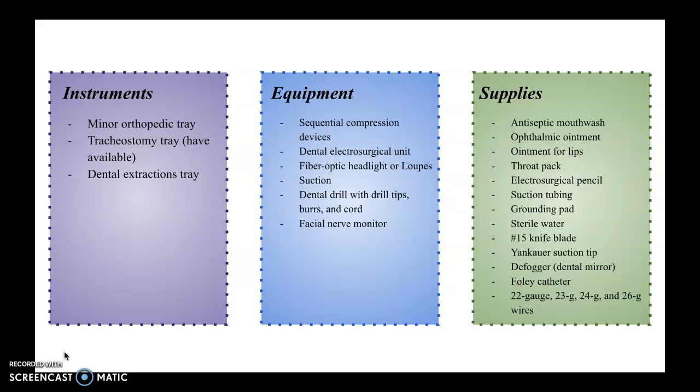A facial nerve monitor, once again, depends on where you're going. Typically not used for arch bar application, but I did want to include it. So supplies, your antiseptic mouthwash, ophthalmic ointment for the eyes, ointment for the lips, a throat pack, ESU pencil, suction tubing, grounding pad, sterile water. So nothing too out of the ordinary. The defogger for the dental mirror, and a Foley catheter if the procedure is going to be a long one,